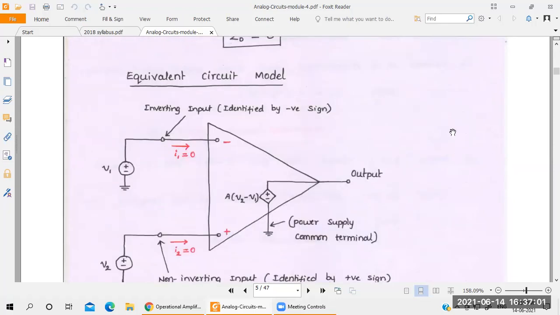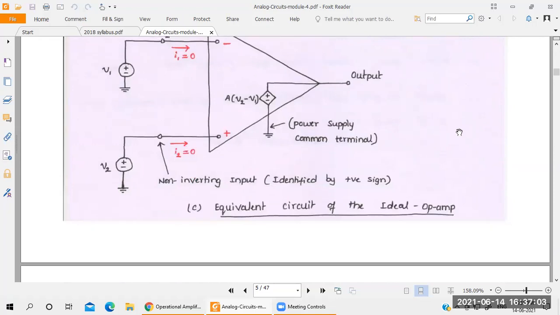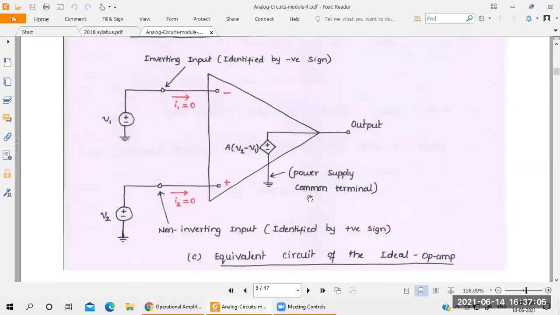In this condition, for the ideal op-amp, the resistance is 0. You take one more diagram here, the equivalent circuit. This is the complete equivalent circuit. Here I1 and I2 are 0. Why? Because the op-amp input impedance, the input resistance, is infinity here. That's why current is 0. Understood this one? So V1 and V2 are the source voltages. Current is 0, but they are given as source voltages. Voltage is there, but no current.